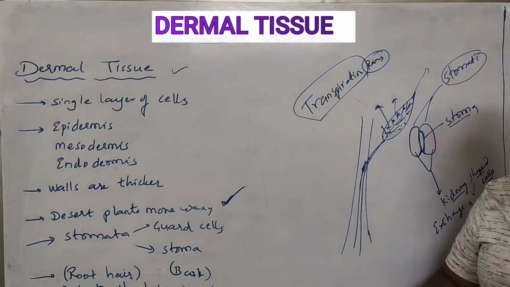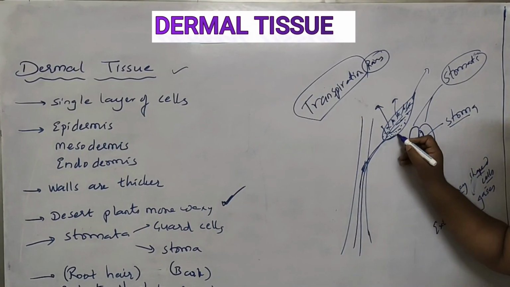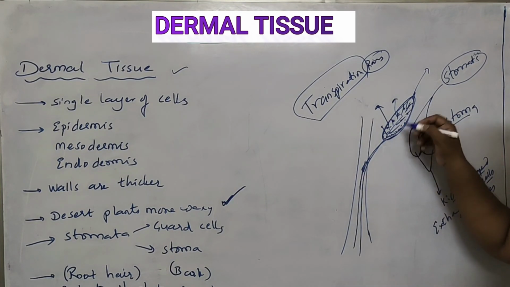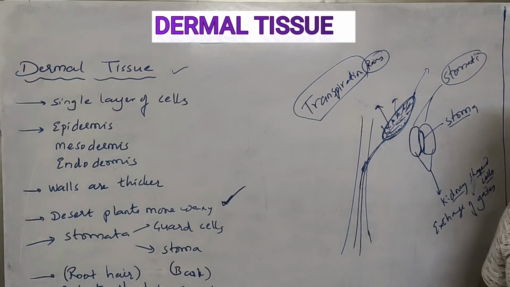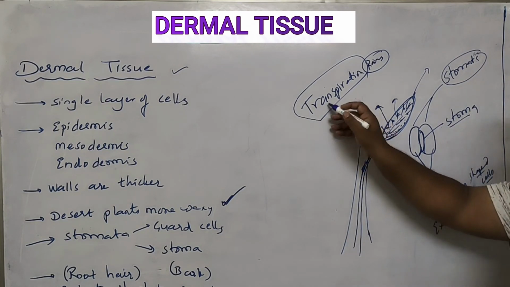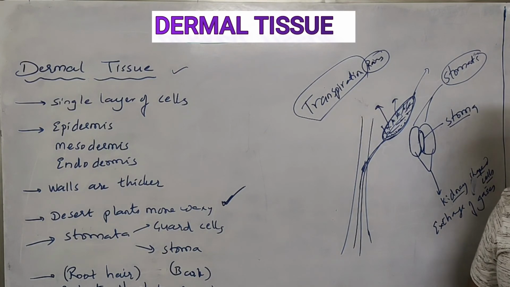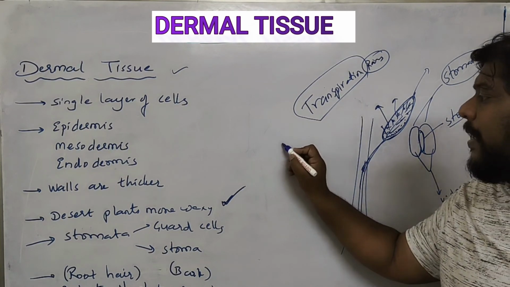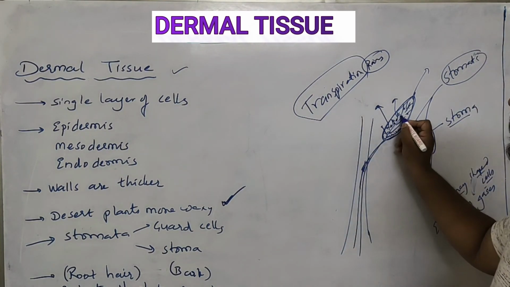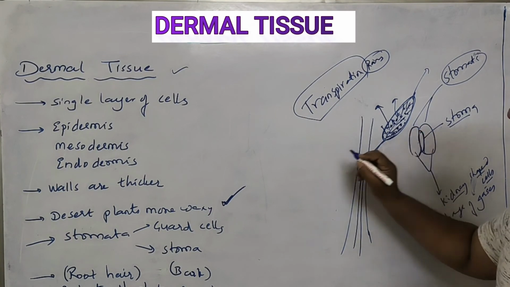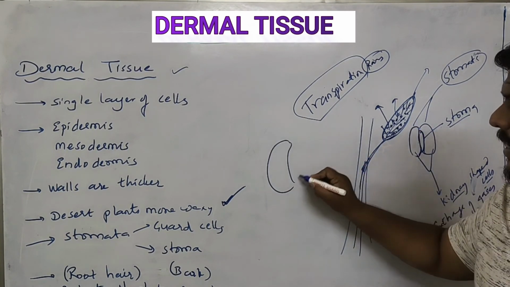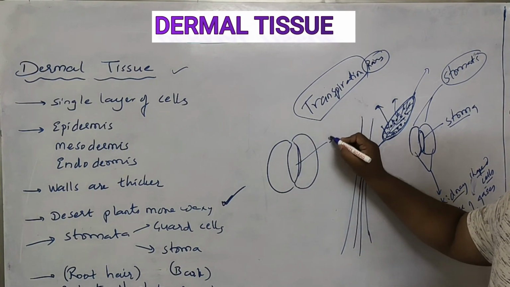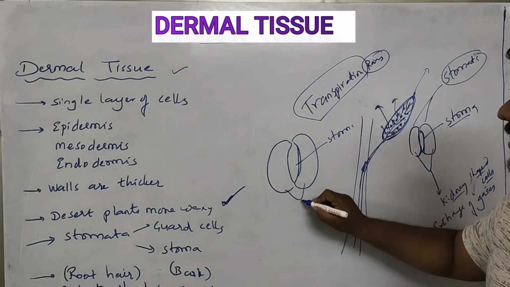But if you see desert plants, they have scaly leaves, and their outer layers are coated with waxy layers. You know why? To prevent the process of transpiration. This transpiration basically happens because of the stomata. Stomata are very small structures present on the leaf. You can see the stomata here. There are two bean shaped cells, and the middle space is called the stoma, and these two cells are called the